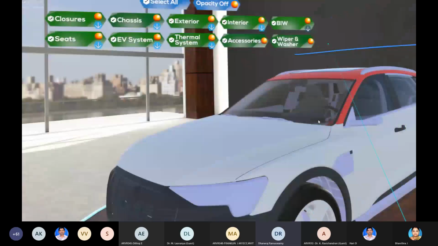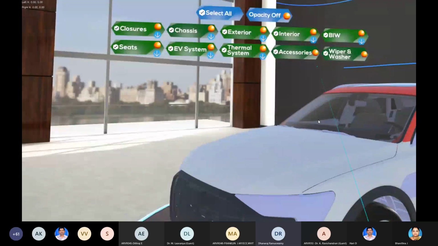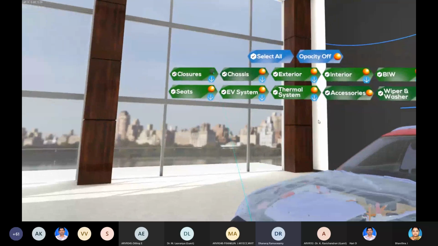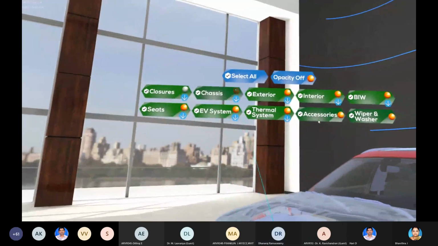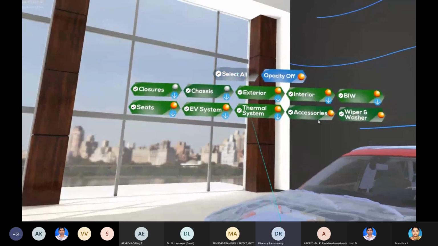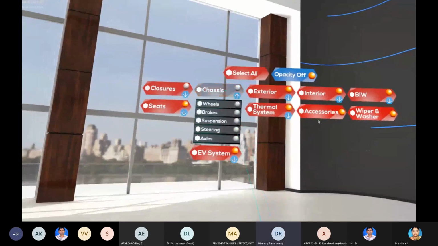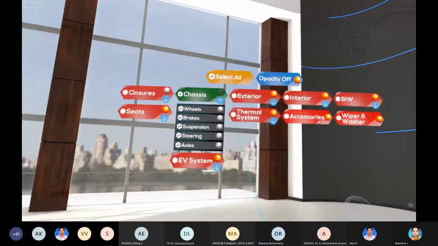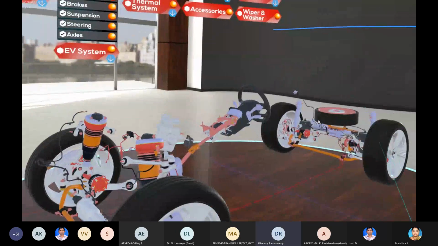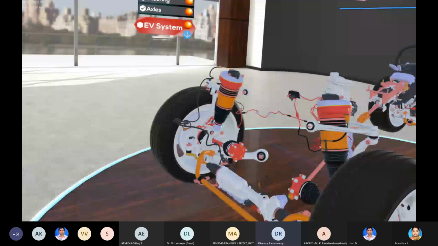Now I want to see only the inside of the part. So you see, I'm clicking the transparency. It goes to transparency mode. Suppose you want to see only the chassis system, the complete car.